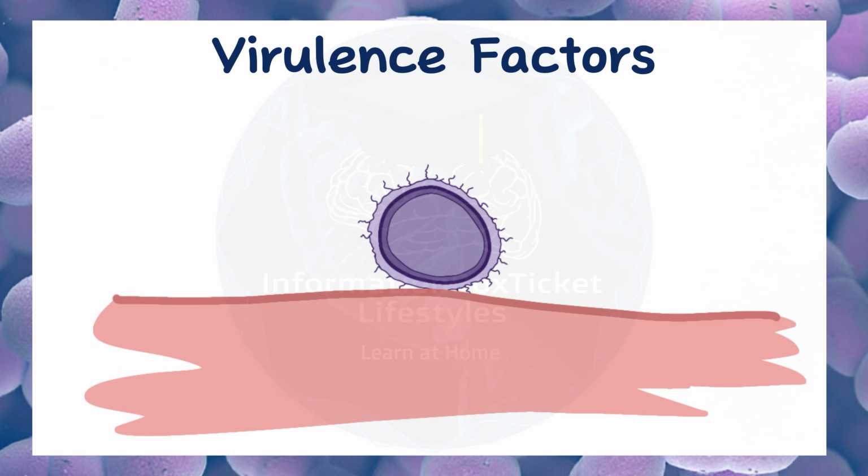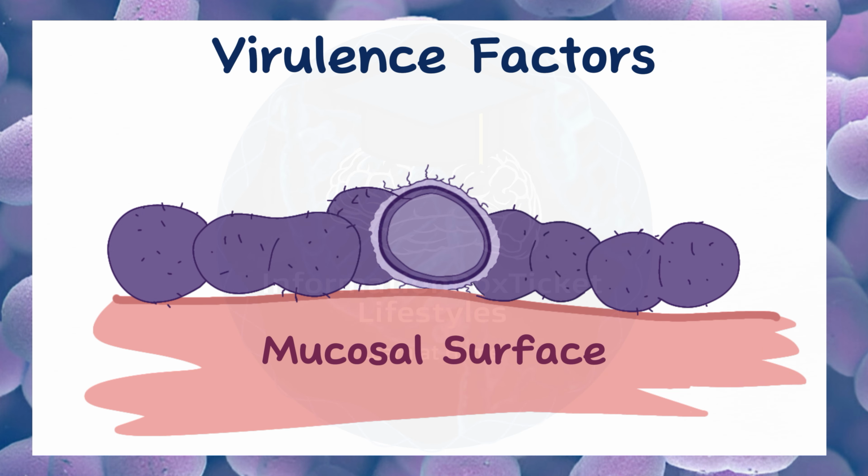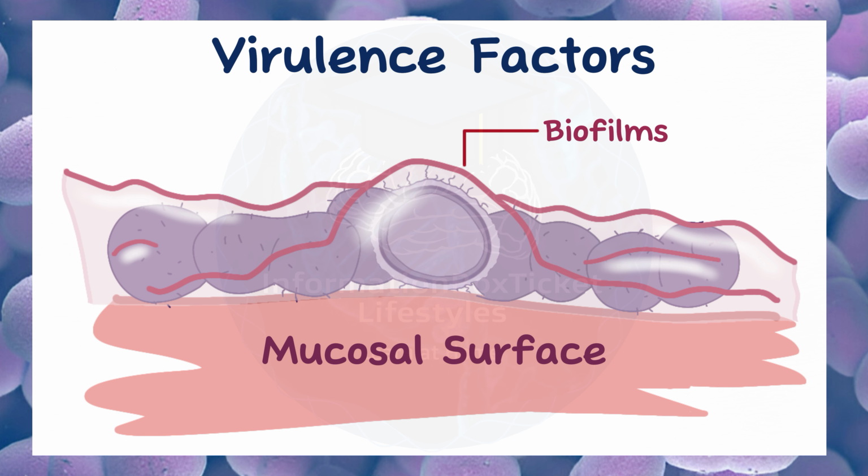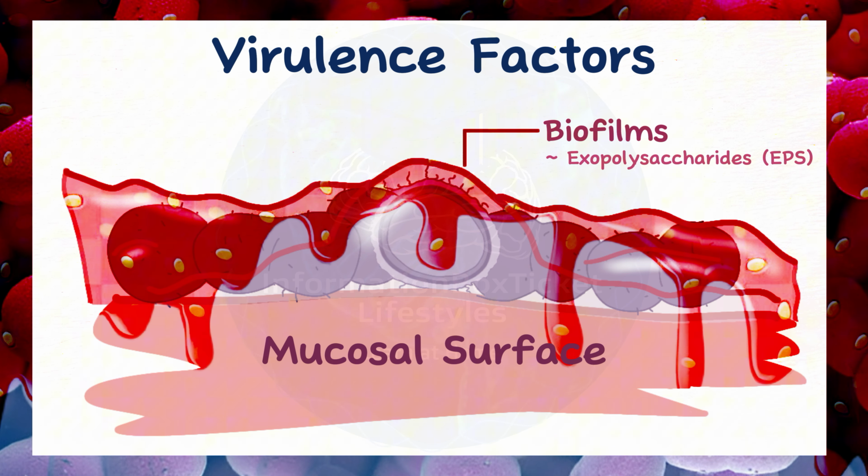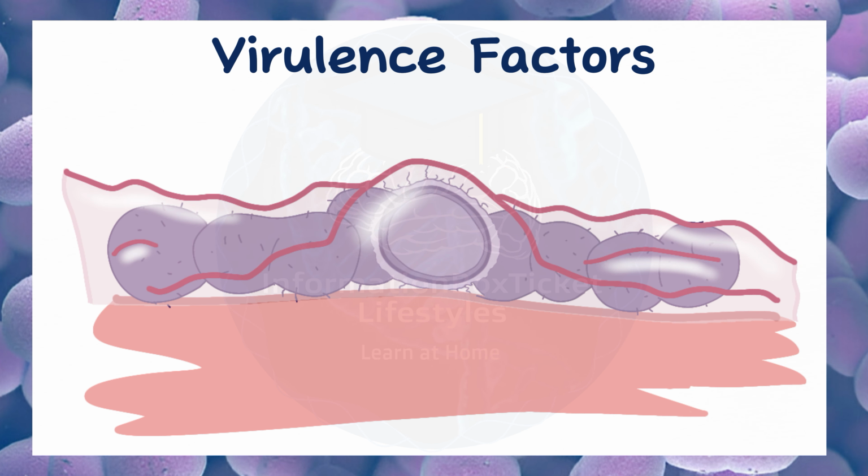Once attached to a mucosal surface, such as in the nasopharynx or the middle ear, Strep pneumoniae can multiply and produce biofilms. A biofilm is a layer of gooey material composed of exopolysaccharides, EPS, within which Strep pneumonia bacteria live and reproduce. If you compare a biofilm to strawberry jam, the seeds would represent the bacteria, while the rest of the jam would be the EPS. The bacteria within the biofilm hide from the host immune system and antibiotics, and can even exchange resistance genes, making